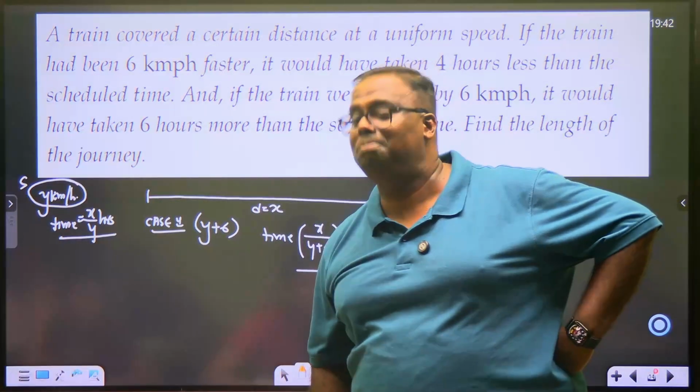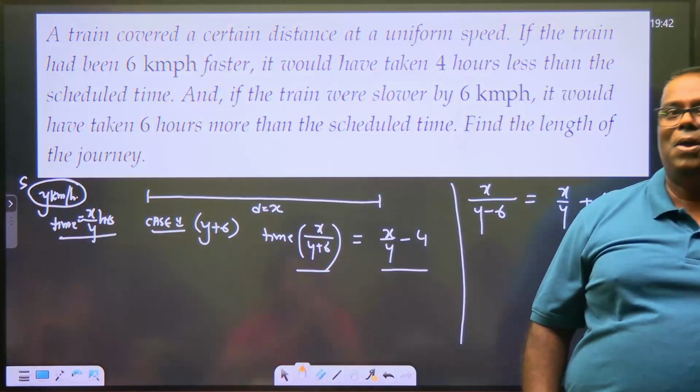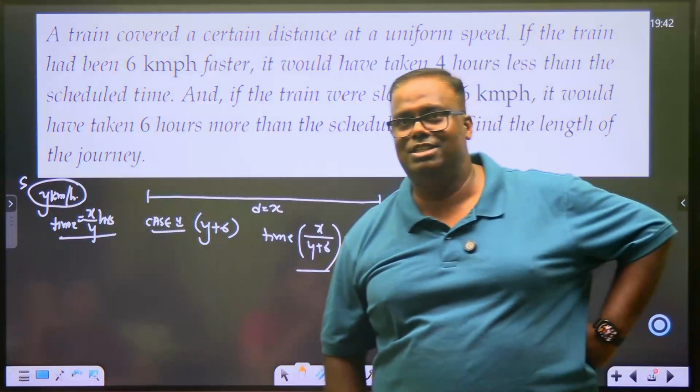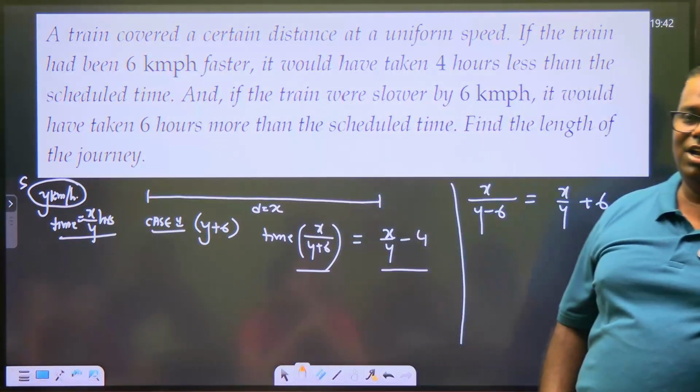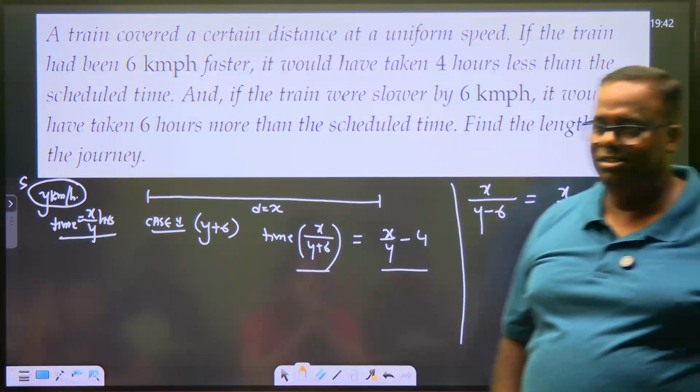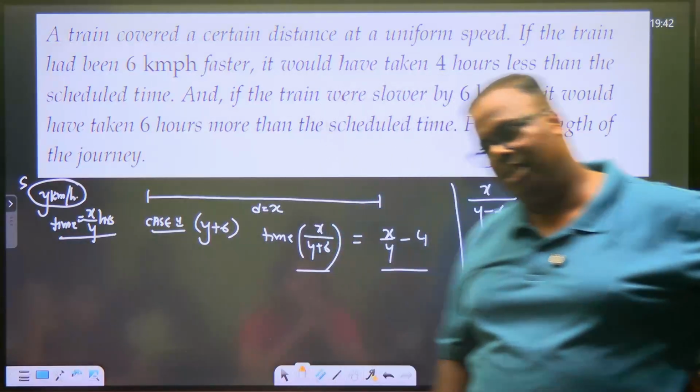A can do a piece of work in 5 days. B can do a piece of work in 6 days. Together they can do